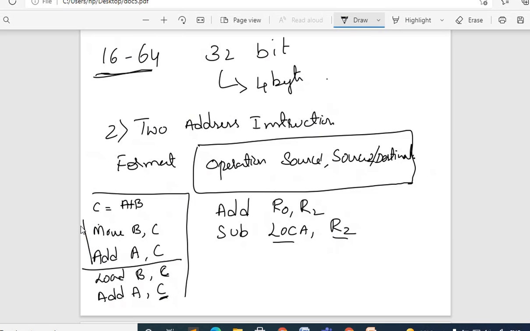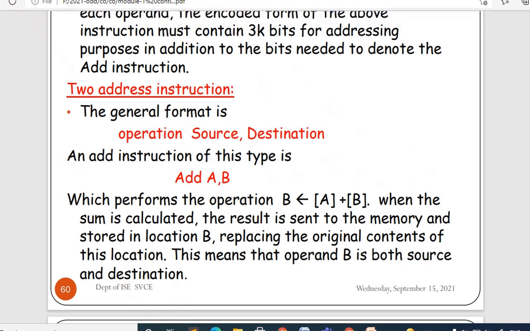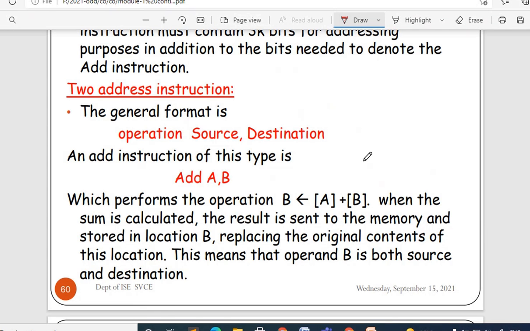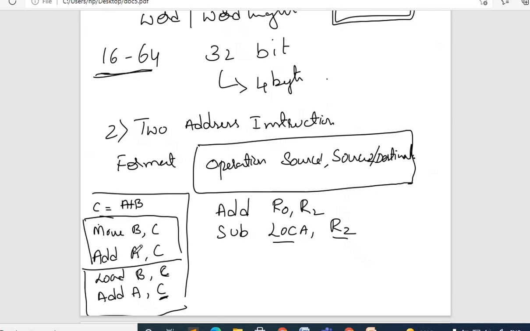Yes, this is using the move instruction. Okay, that is the only difference. And this is using the load instruction. So that is how you can write the instructions very easily if you are familiar with the different types of instruction. So here, add A comma B. In this case what happens? Here it is not going to change the value that is stored in the memory. Instead of this set of instructions, if you are writing add, see these memory locations A and B are unchanged, but C is going to be changed. The final result you are going to store into memory location C.